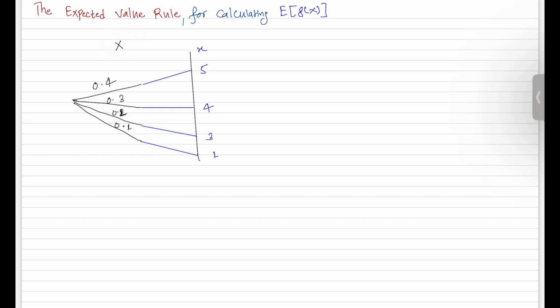Now let's say we are defining a new random variable y, and this new random variable is a function of our original random variable x. So you carry out the experiment, there will be some outcome, and this outcome will get mapped by the random variable x to somewhere on the real line.